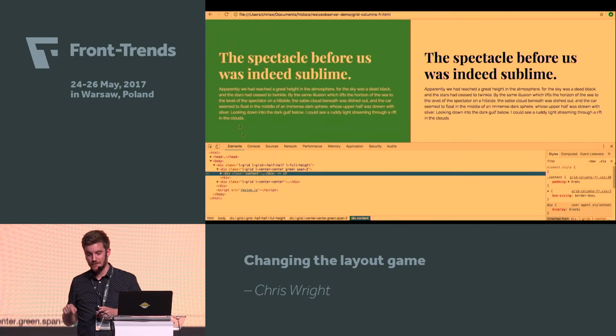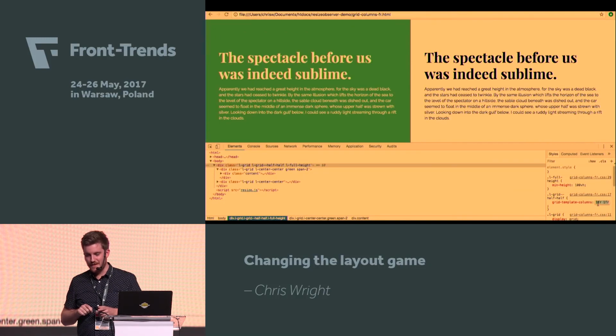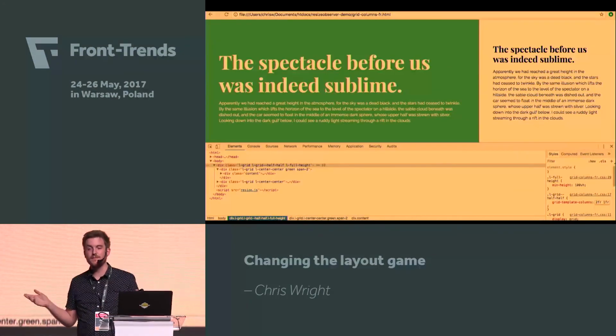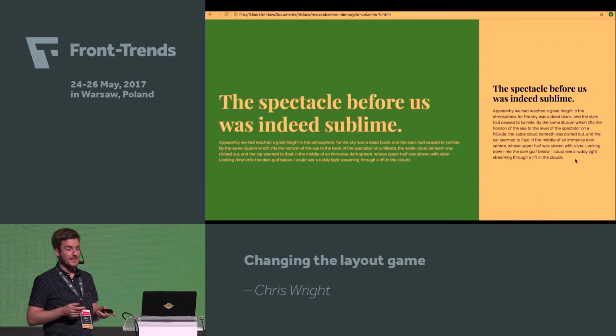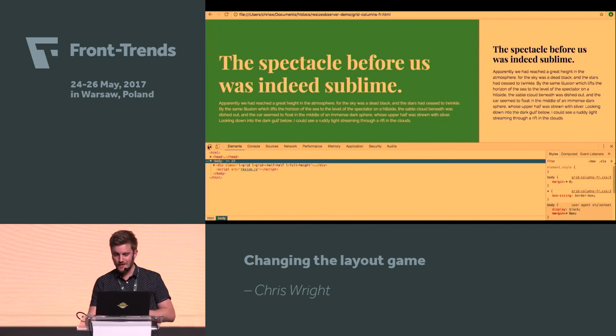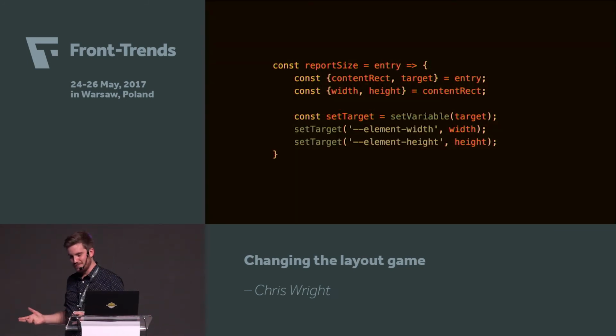I'm very slow in DevTools. Now we can change the column, and all of a sudden, you have headings that are sizing themselves based on the size of the container. So how does that work? Well, I had to write some JavaScript